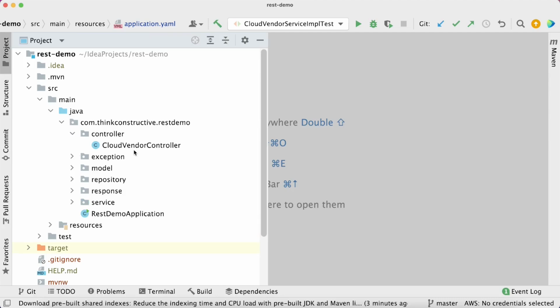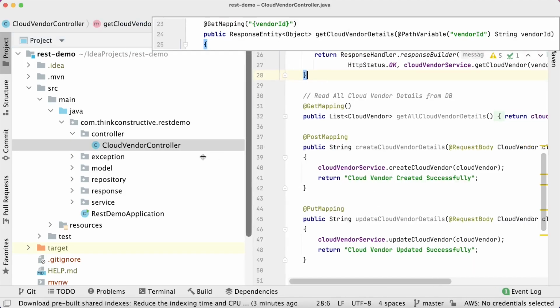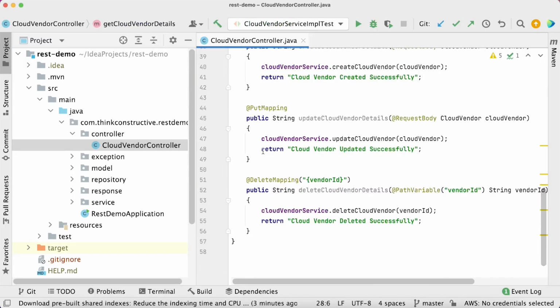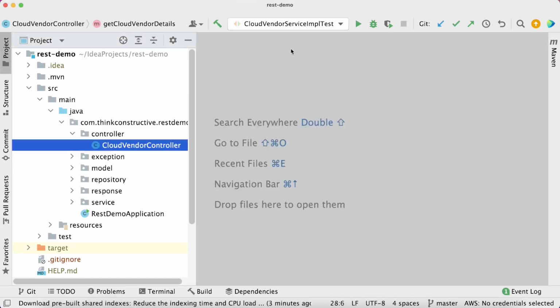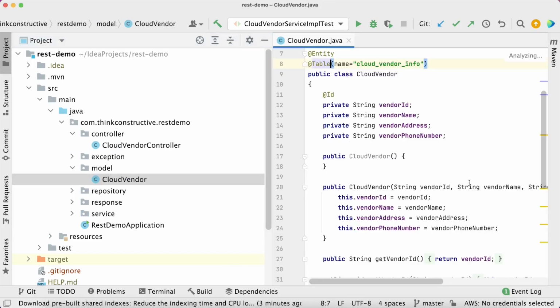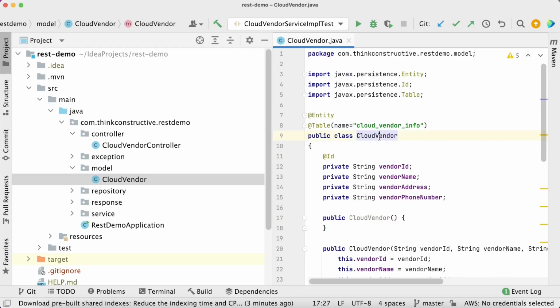Inside controller, we have built the Cloud Vendor controller layer, which has all CRUD operations inside it. Then we have our model class, which is our Cloud Vendor class. This class has all the required properties we want this Cloud Vendor entity to have. This Cloud Vendor is saved in the database with the help of the Cloud Vendor info table.